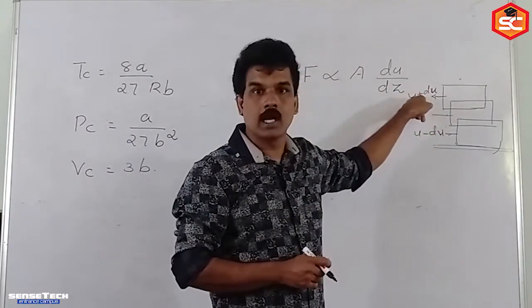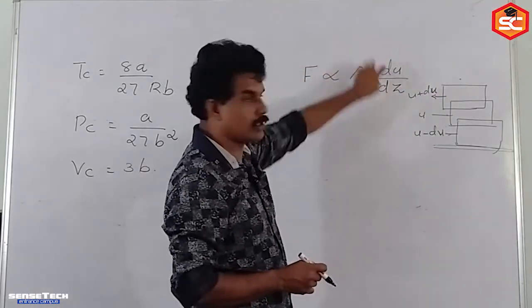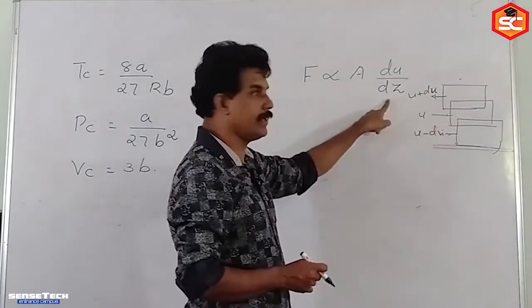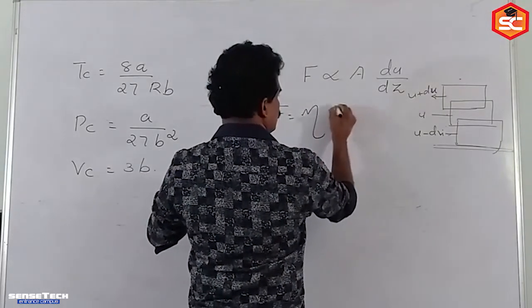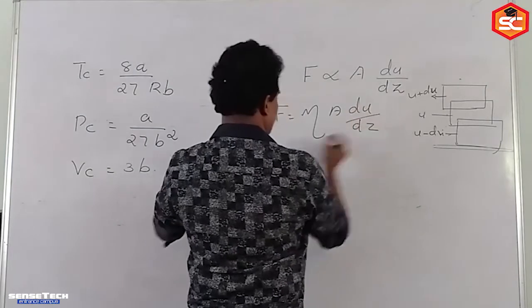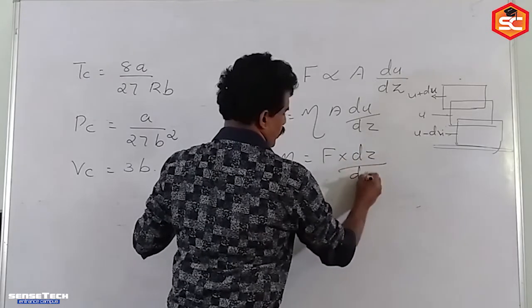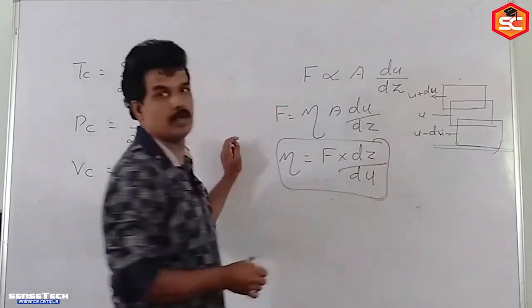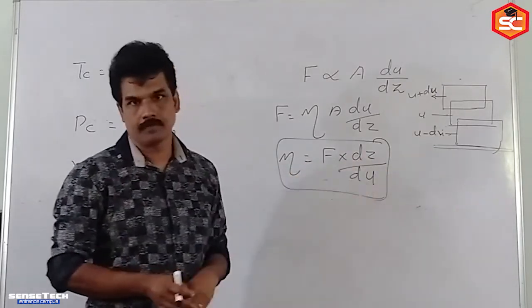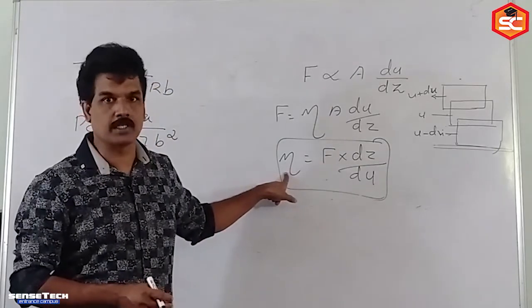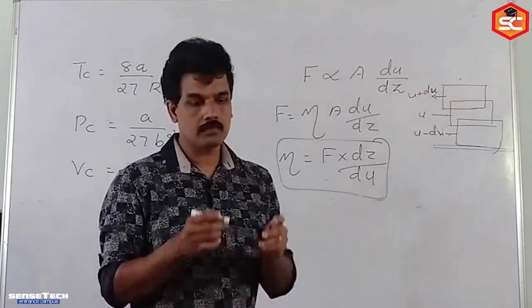That type of flow is known as laminar flow, viscous flow or laminar flow. Velocity gradient is the change in velocity by the change in distance; the distance between the layers is dz, a small value. So F is equal to eta, a constant, into A into du by dz. So eta is called the coefficient of viscosity, eta equals F into dz by du. Substituting the values, force is in Newton per meter square, and we also use Poise as the unit of coefficient of viscosity. That concept you must know thoroughly. These are the main contents.